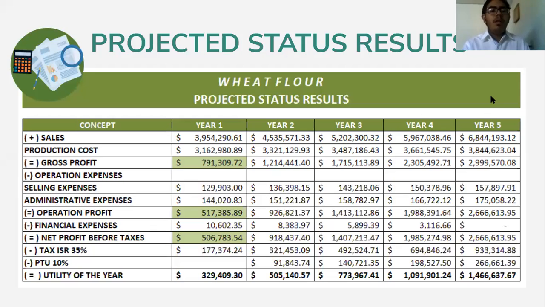Okay, next. As you can see here in our chart, we are applying this to our case. For example, here, we have a forecast for 5 years. So I'm going to explain just year one. For example, the sales are going to be 3,954,219. Of this, we are going to take away the production cost. So we are going to be taking away according to each concept until we achieve a certain amount of utility per